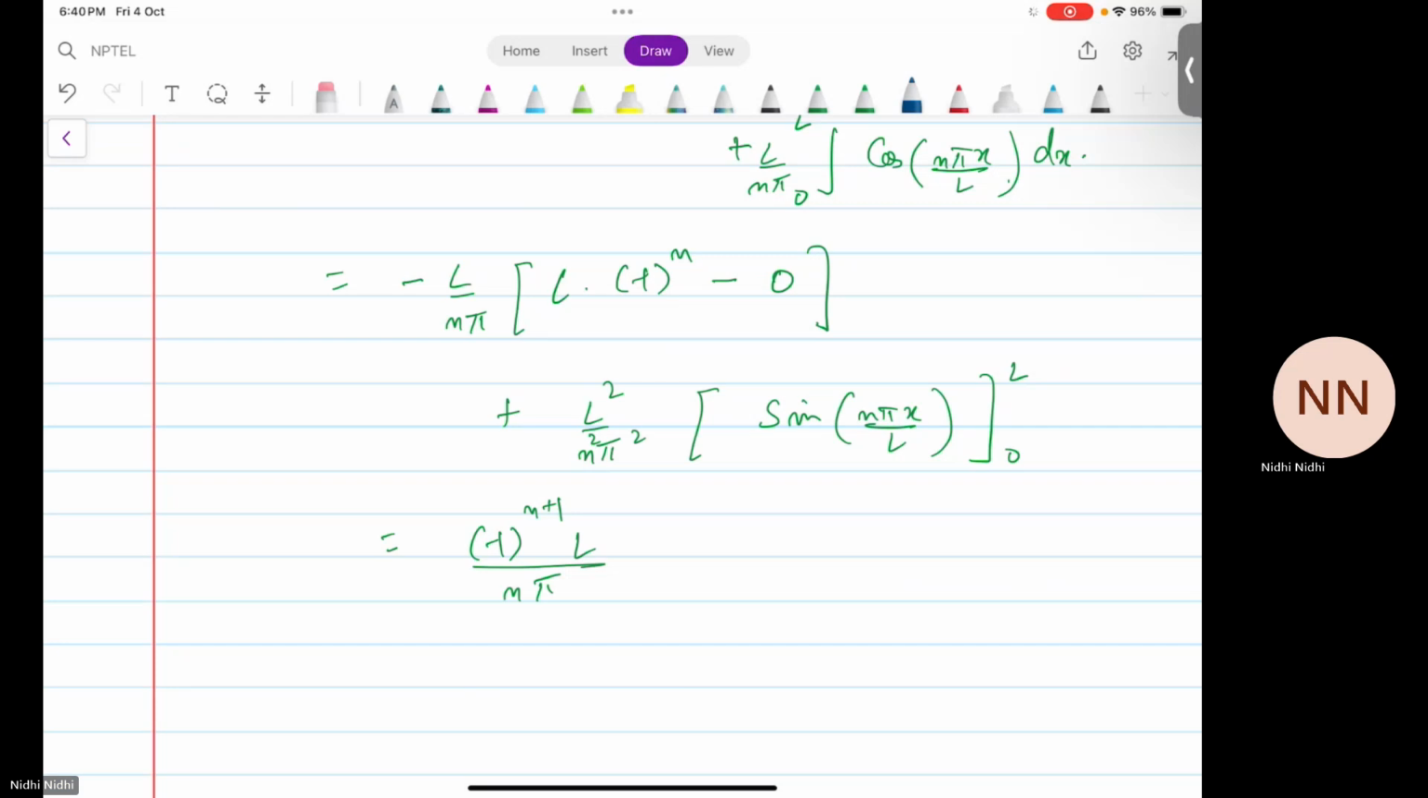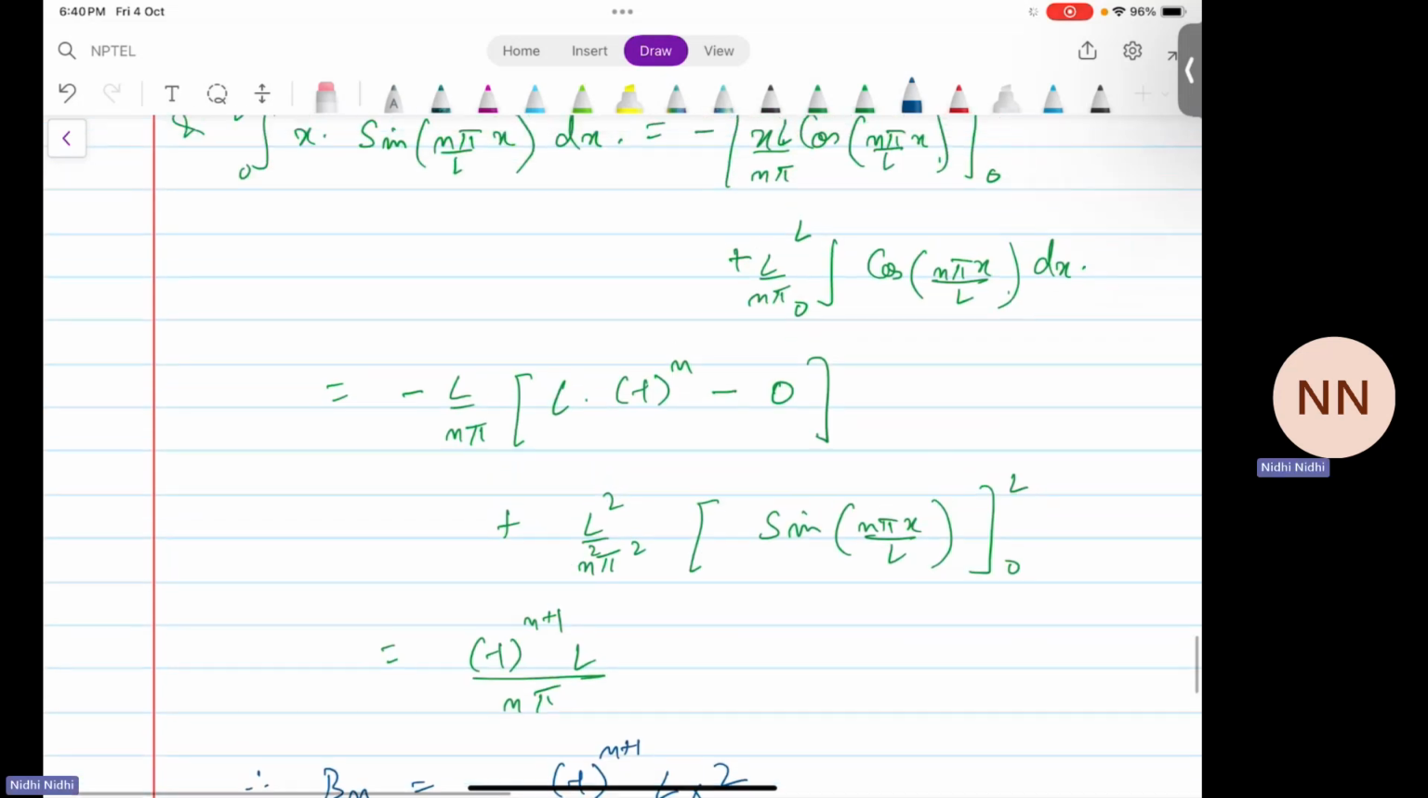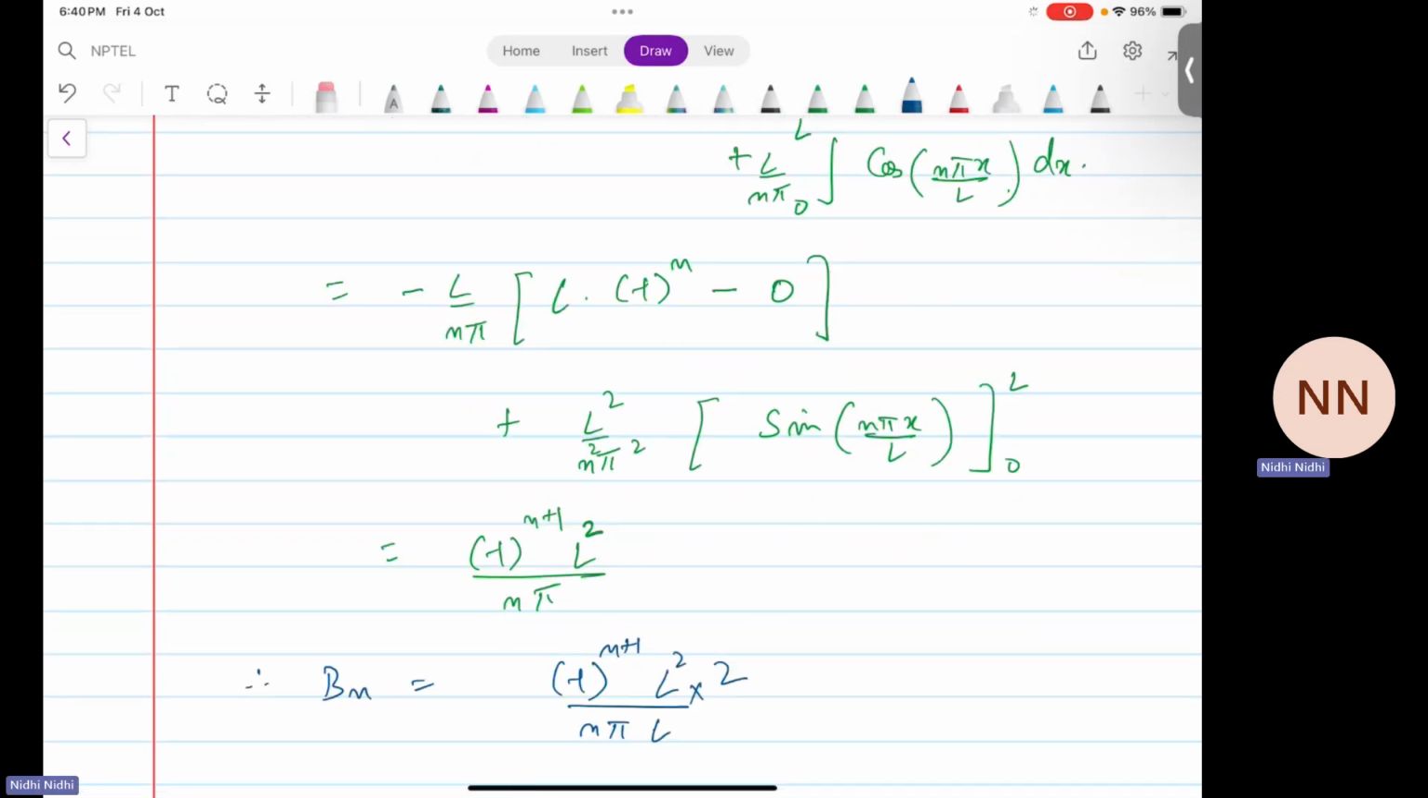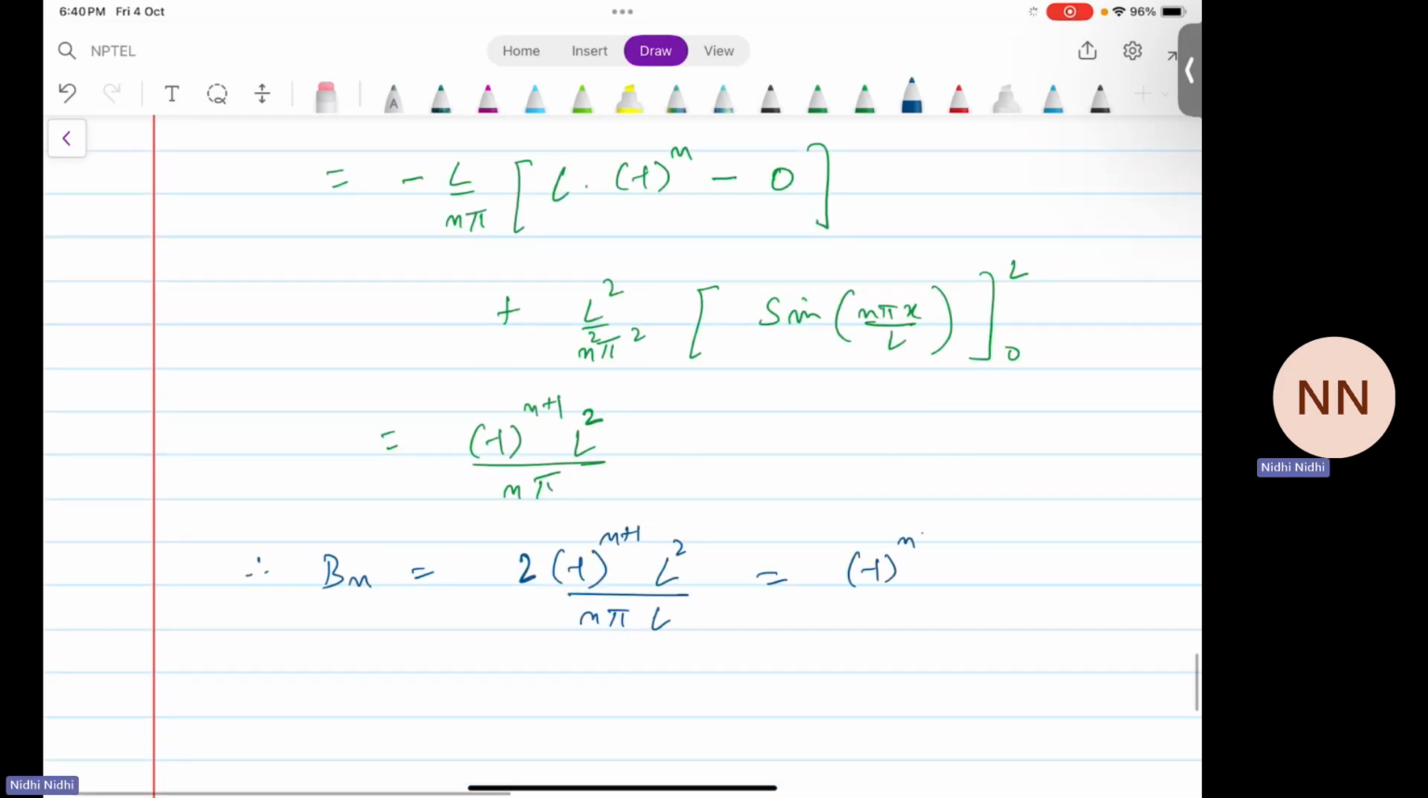Therefore, bn is minus 1 to the power n plus 1 l by n pi times l by 2. Sorry, this was l square here. So this is l square by 2. So this is minus 1 to the power n plus 1 times 2 l by n pi. Therefore,